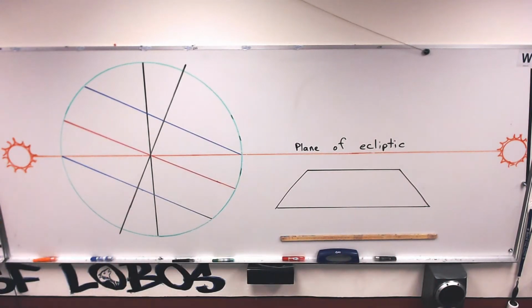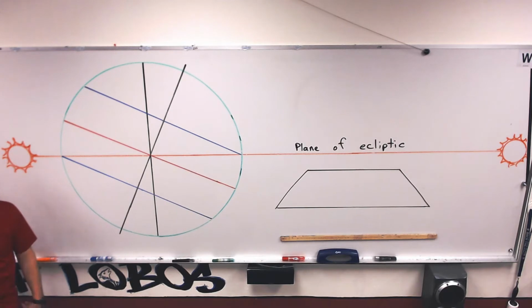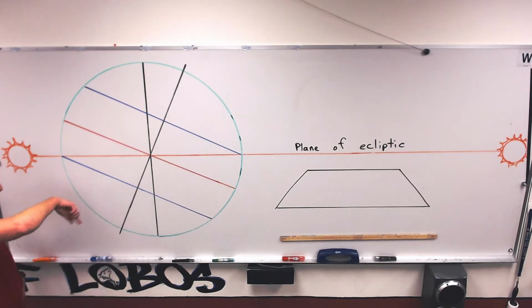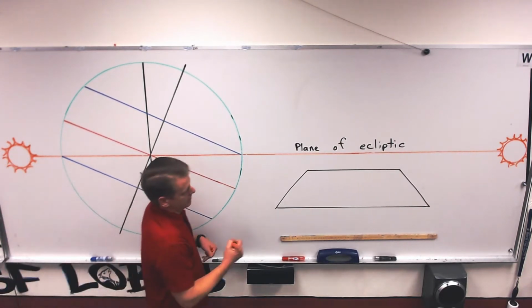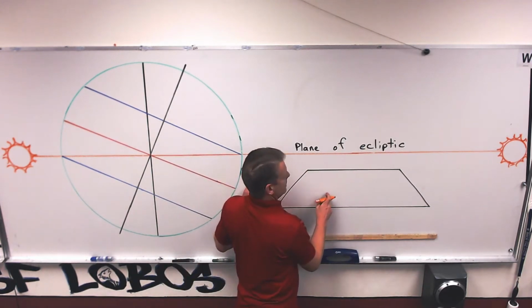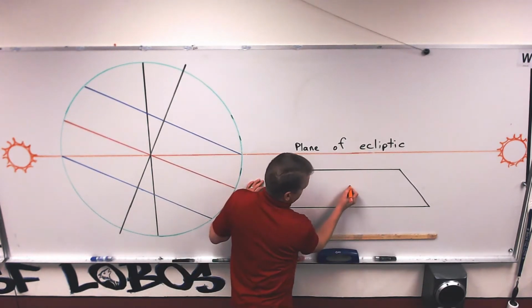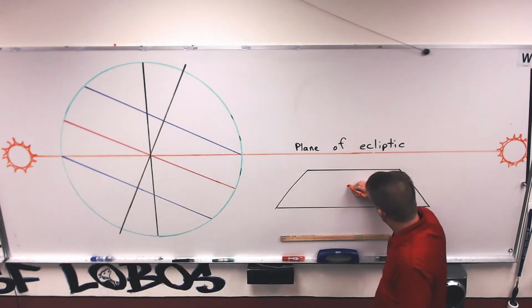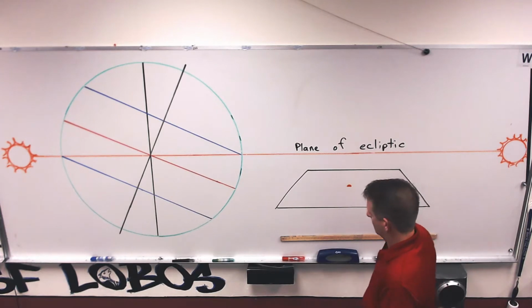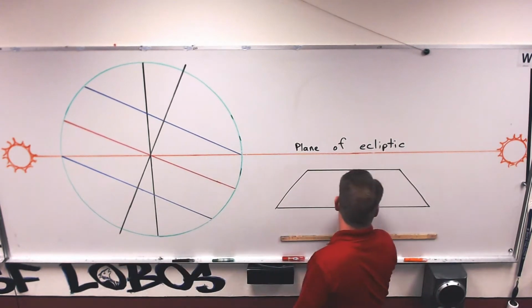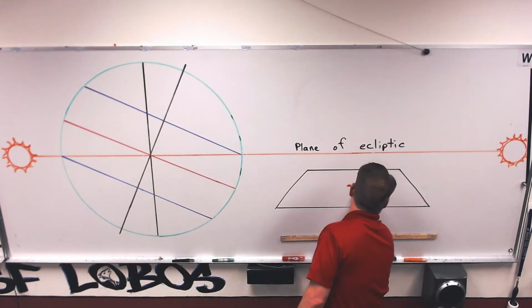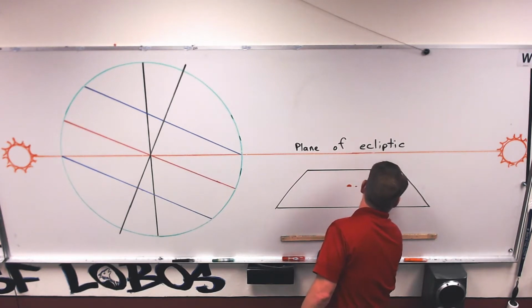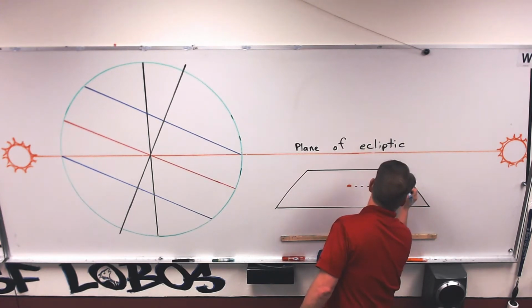The plane is where all of the planets roll around on. It's almost like if we had a great big fabric and we were pulling it tight like a trampoline, and we put the little balls on there and had them go around and around. That is the plane, and the plane of ecliptic is the pathway where the planets go. So if I had the sun, it's halfway through that plane. And then I could put all the other planets on there. So I'd have one right here, and then here, here, here, here, here, here.